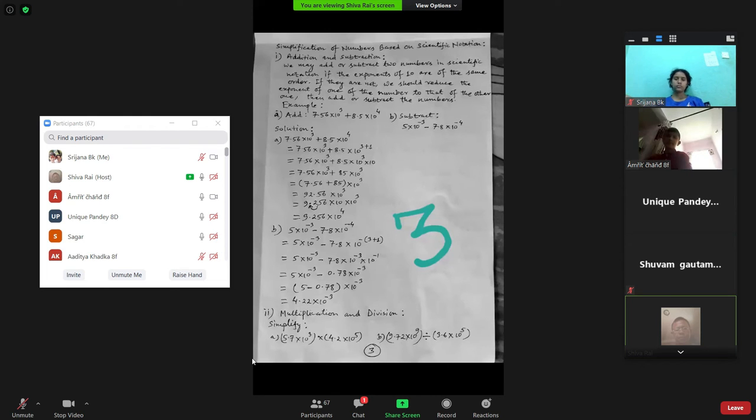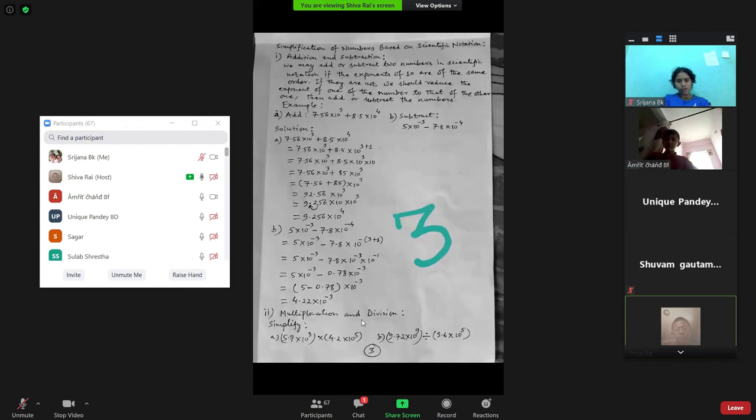From the whole part, from 5 you subtract 0, that is very easy. But you look, that 0.78, you can write 5.000 minus 0.78. So you have to borrow to subtract 78. From 5 you have to borrow. Borrowing, you look here, it becomes 4.22, and outside the bracket there is 10 to the power minus 3.